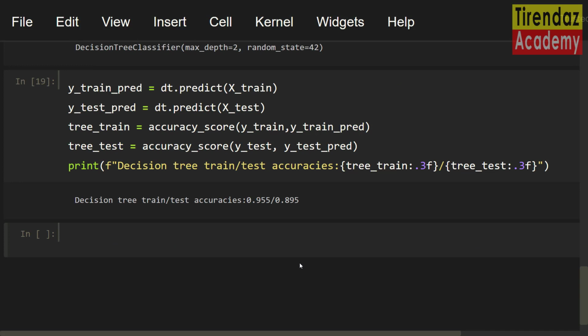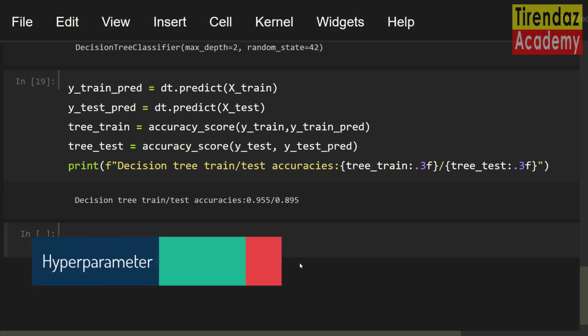Here you go. As you can see, the performance on the training set was 100%, but now it's only 95%. It means that the model can no longer memorize all the outcomes from the training set. By making it less complex, we improve the ability of our model to generalize. But this tree has another problem. It's too simple. To make it better, we need to tune the model using different parameters.